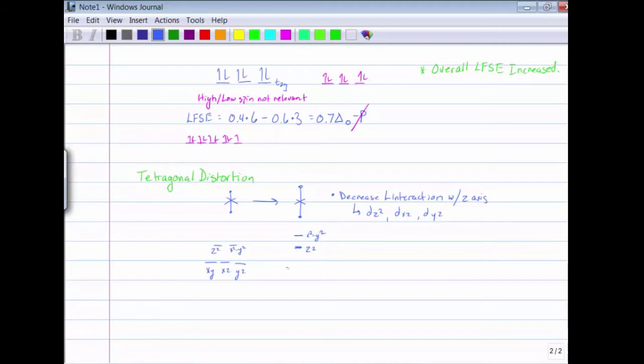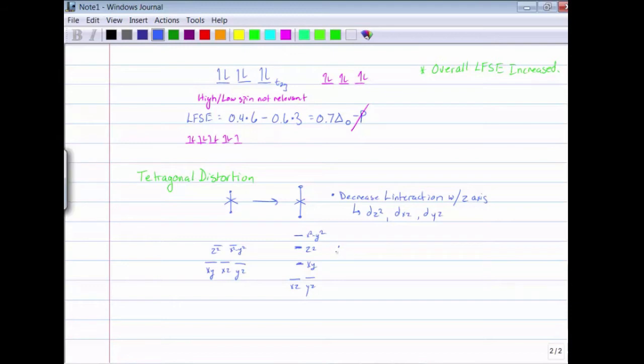And because I distorted the geometry, in order to optimize the top two orbitals, I also will disturb my bottom two orbitals, and so I will actually lower the energy of the xz and the yz, and the xy will be relatively higher in energy. And this is the orbital splitting that you observe for a tetragonally distorted or tetragonally elongated